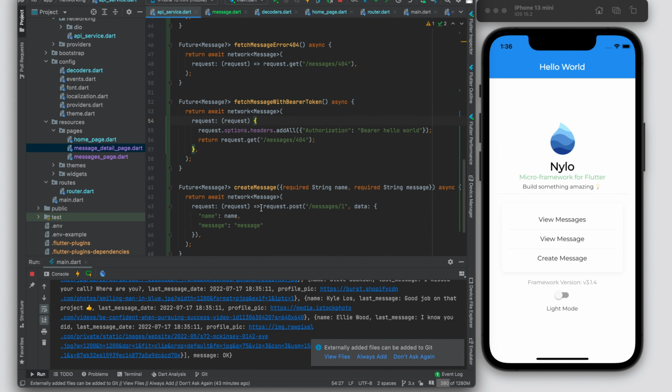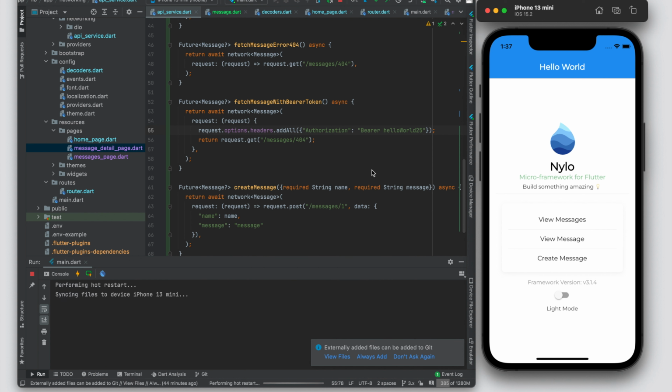So rather than doing a shorthand callback, just returning it, we're going to create a callback like this, and for that we get the request. We can access options and headers, and then enter the header, authorization, and bearer. And with this, rather than having hello world, we can actually just change that to hello world 25. And if we rebuild the app and just retry that, view message,